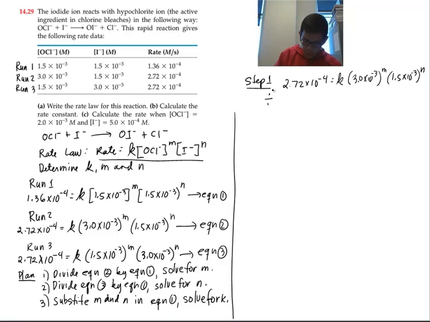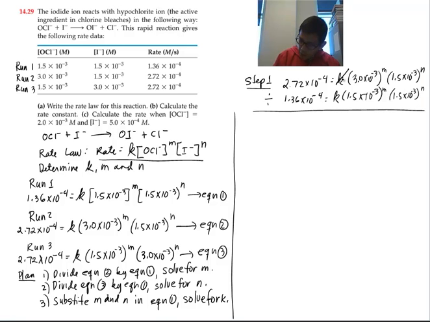We divide equation 2 by equation 1, and equation 1 is 1.36 times 10 to the minus 4 equals k times 1.5 times 10 to the negative 3 raised to the m times 1.5 times 10 to the negative 3 raised to the n. What do we get now? k cancels, 1.5 times 10 to the negative 3 raised to the n cancels, and we are left with